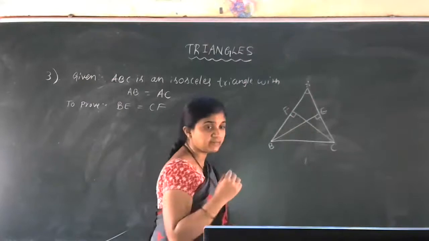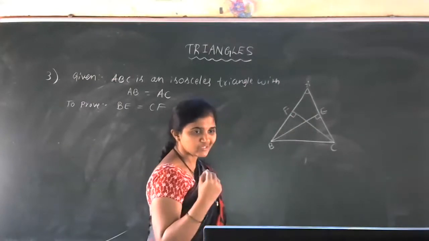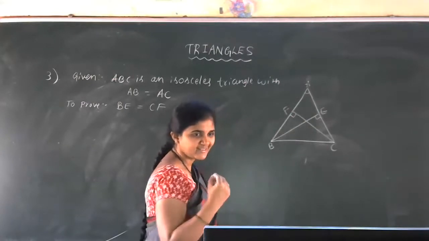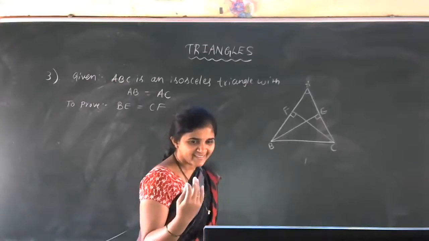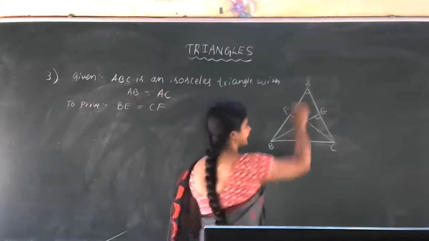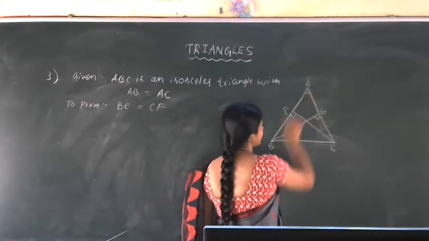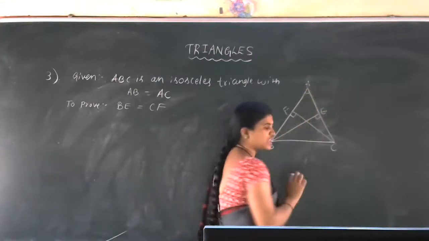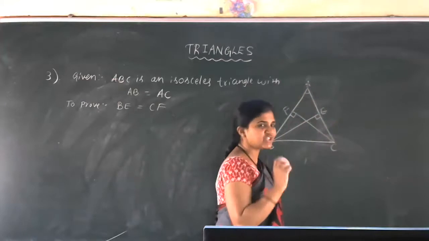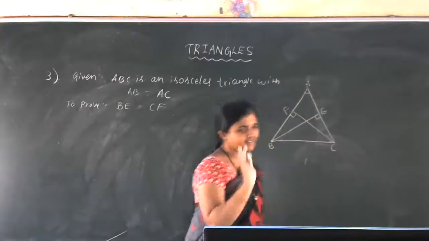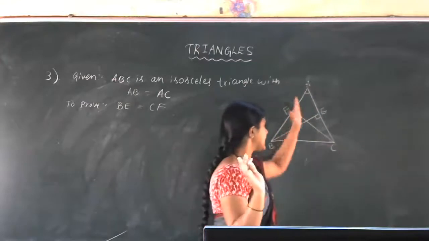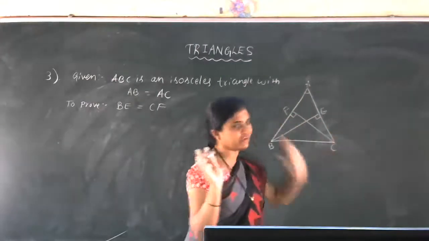Which is the third one? Yes, 90 degree. Yes, correct. This one. This AEB which is equal to AFC, altitudes in the sense 90 degree. So in CPCT we can say this one. Okay. This is one thing, right? Correct. If we choose AEB and AFC, we can reach the proof.